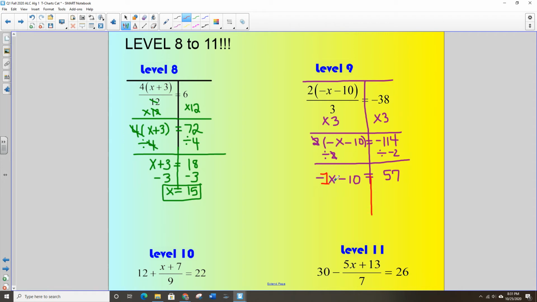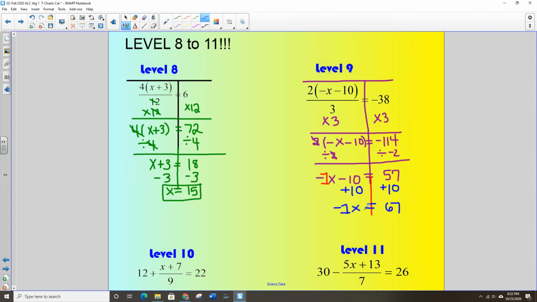The negative 1 that's right against the x, or the minus 10 that's a little further away? Hopefully you said the minus 10. So we're going to add 10 to both sides. 57 plus 10 is 67. Color palette got a little wild here on this one. And you're left with negative 1x